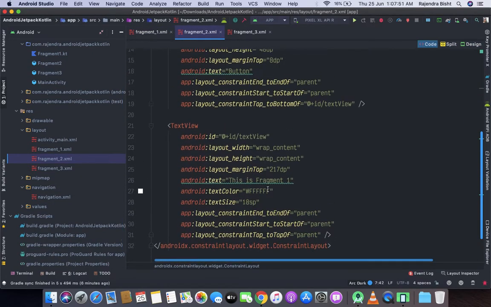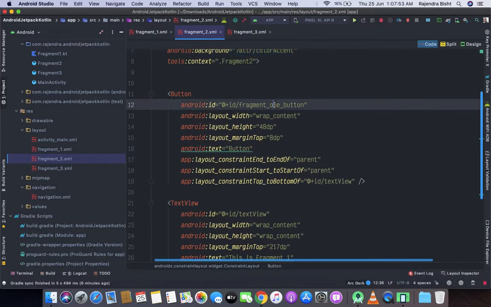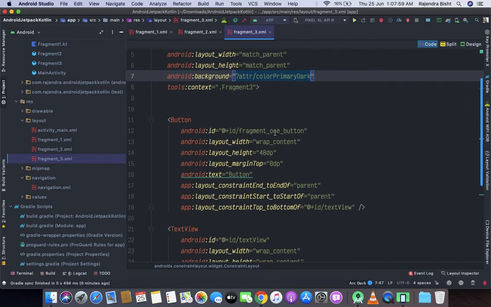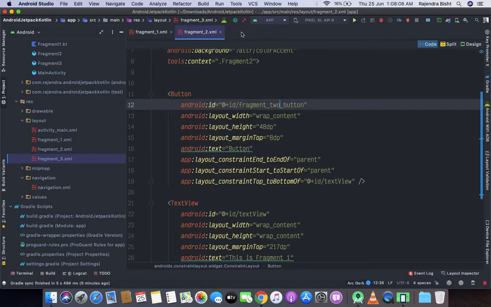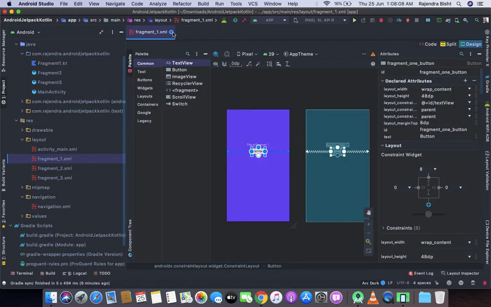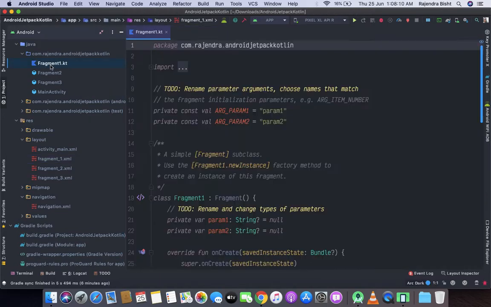Here we will change the button ID, which is fragment 2 button, and the fragment 3 button is fragment 3 button. Now we will set the on click listener on all of these buttons.